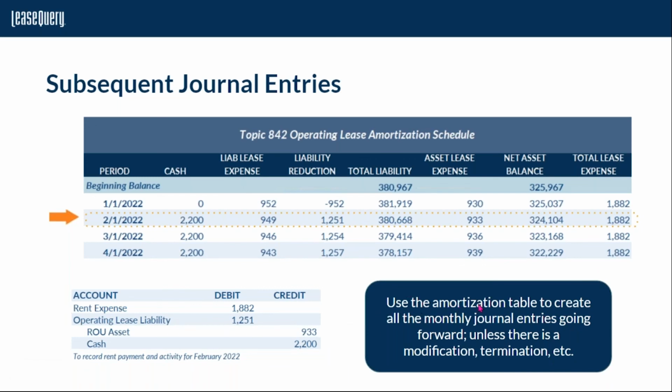So you use the amortization table to create all the monthly journal entries going forward until the end of the lease, unless there is a modification or termination or some other change in the